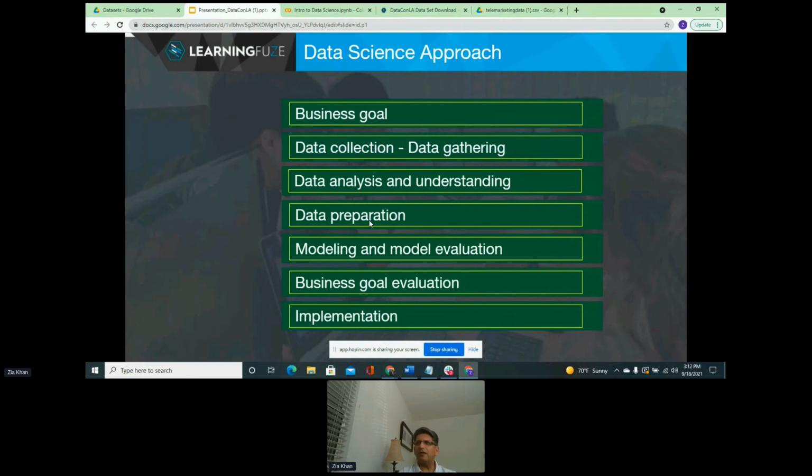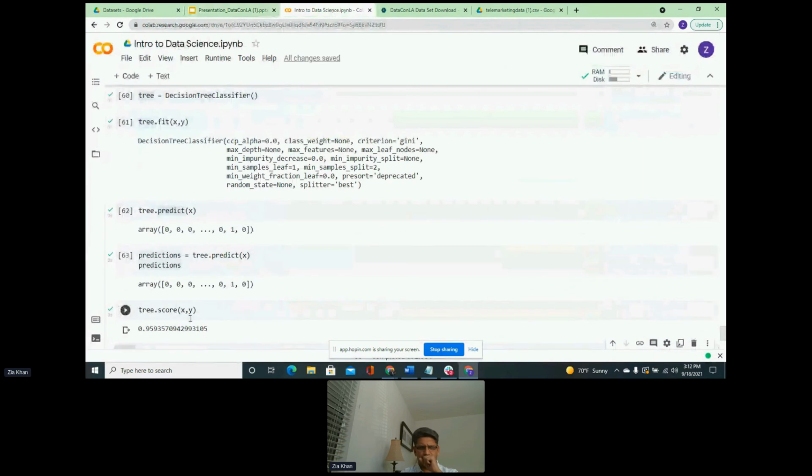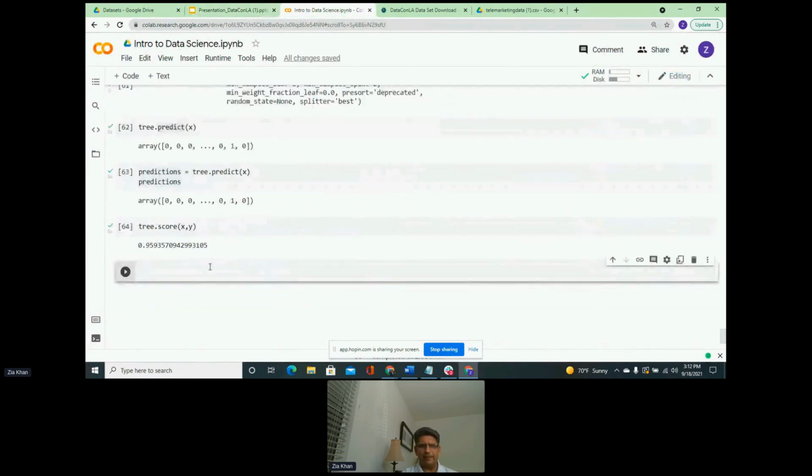Sometimes when things are too good to be true, you start thinking, okay, did I do something wrong? Then we looked at the process that we followed, and we figured out that maybe what we did was not the right approach, because we used the same data for testing as we used for training. The data that is for testing should not be used for training. So that's where we are at. The score was 95% here, but with a grain of salt, because the testing data was taken out from the training data.